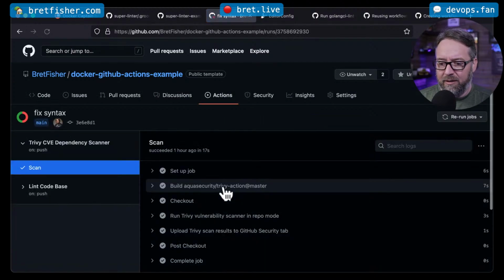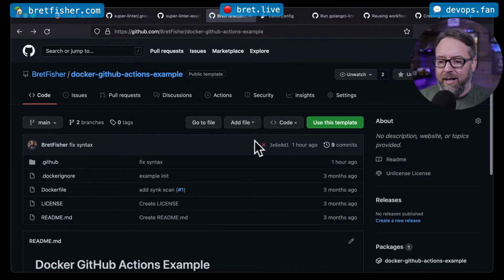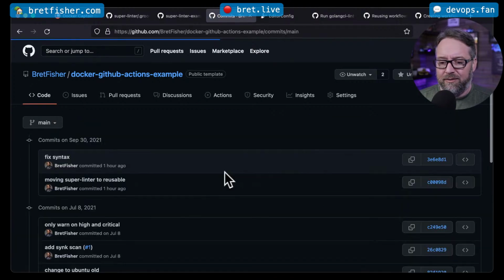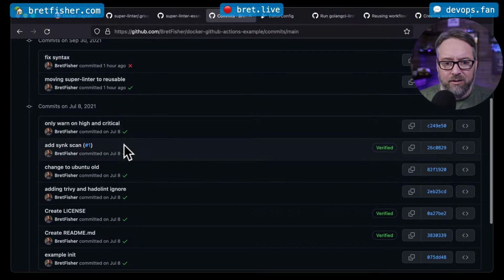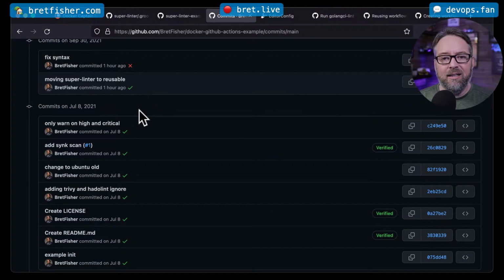And I can go here. This takes me to a security scan because I do a security scan of the image here in this repo. You may not realize this, but when you go back on your commits, you can see this stuff for every single commit, right? And you can click on it, and it'll show you all the actions that have all run on your code,